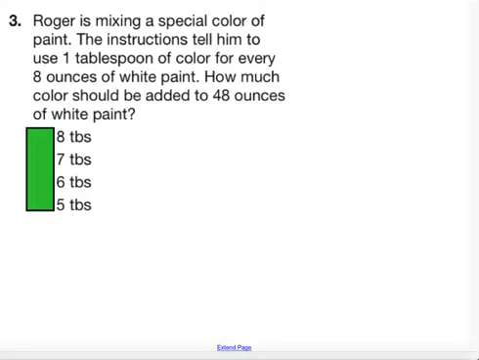Number 3, Roger is mixing a special color of paint. The instructions tell him to use 1 tablespoon of color for every 8 ounces of white paint. How much color should be added to 48 ounces of white paint? This is a ratio problem where you are creating a proportion. You start with your initial ratio of 1 to 8, that would be 1 tablespoon of color